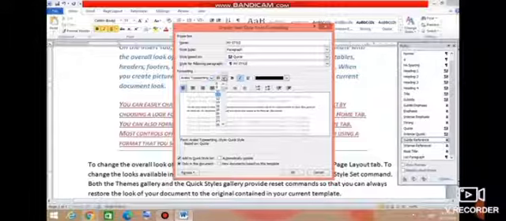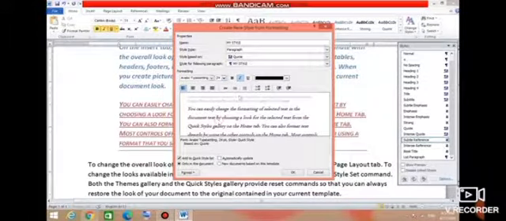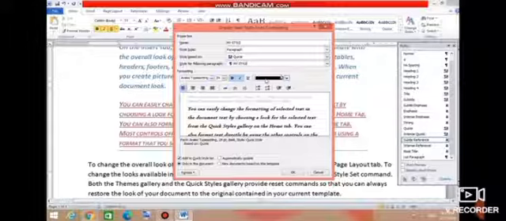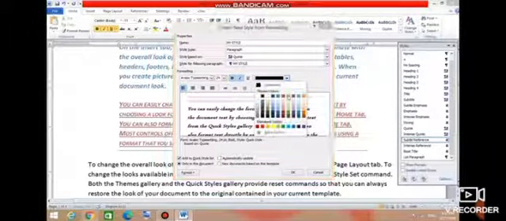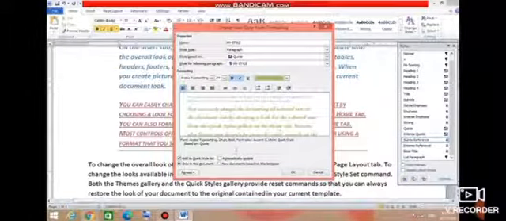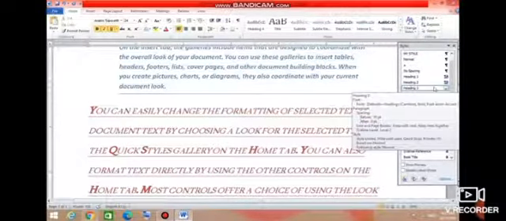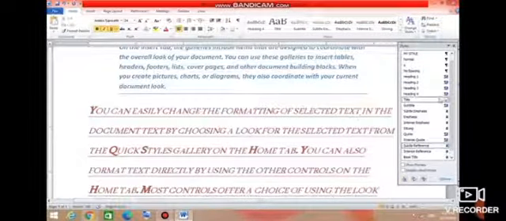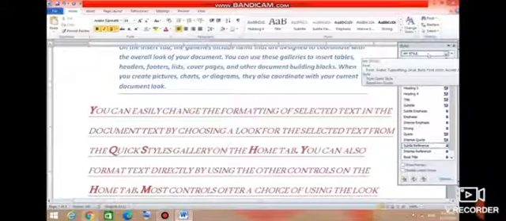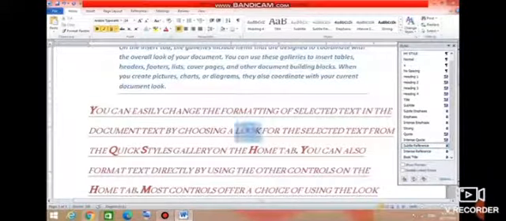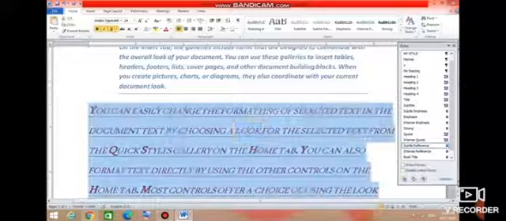Then we can increase font size, bold, italic, underline, whichever property we want to apply, and set the color, and click yes, add to quick style list. Make it activate and click on the OK button. Yes, now we have created my styles. It will be available under the style group. We can see it easily.